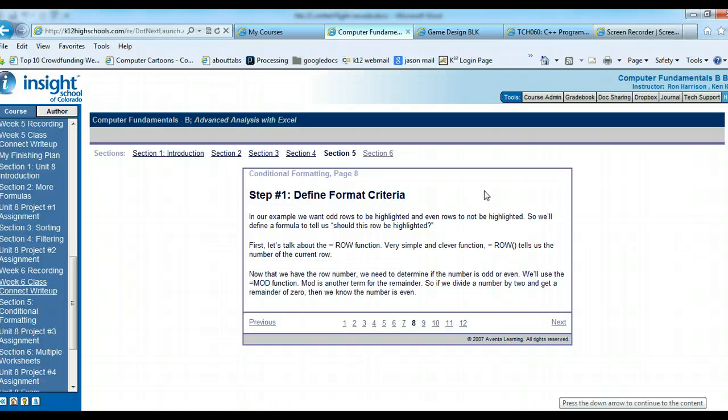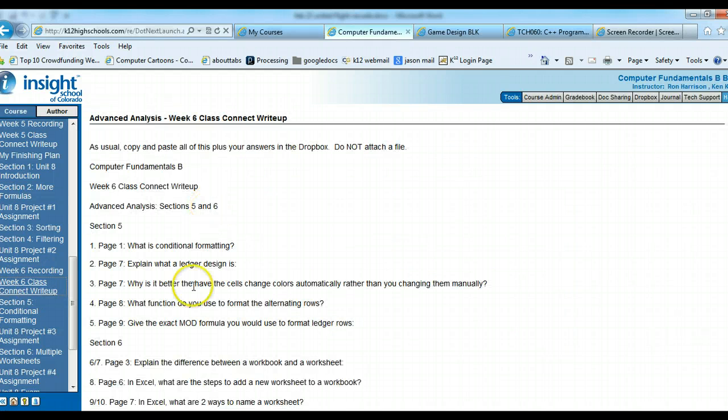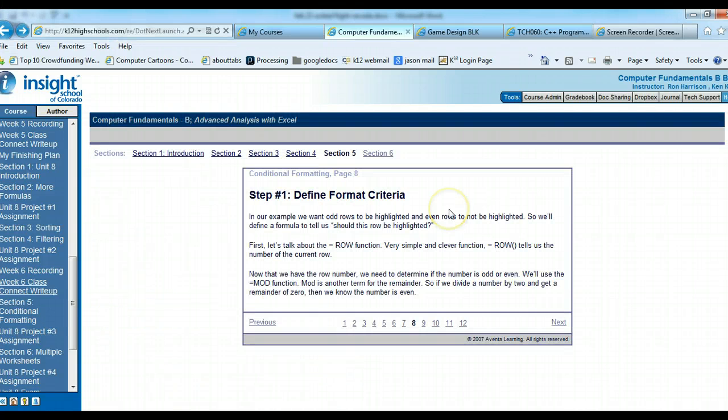Now next, this is going to show you how to do the ledger design, the alternating colors. Let's take a look at the write-up. What function do you use to format the alternating rows? As you format the alternating rows, the function you use is the mod function. The mod function is the function you use to format the rows, and you'll see on the next slide how you do that. So you use a row command that helps, but the mod function is what helps change the